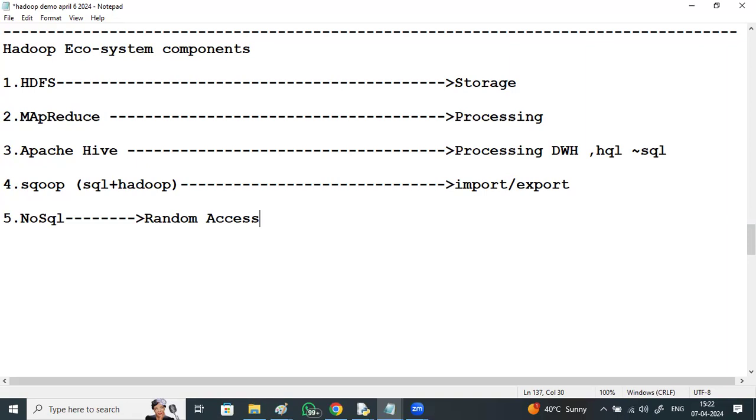We can also create different types of tables: internal tables, external tables, partition tables. And we have the concept of performance tuning, how to improve the query performance, like static partitioning, dynamic partitioning, multi-column partitioning, indexing, bucketing. We have got different things in Hive. Compared with SQL, it can also process unstructured data like JSON data, XML data, URL data, weblog data. Yes, all this it can process.